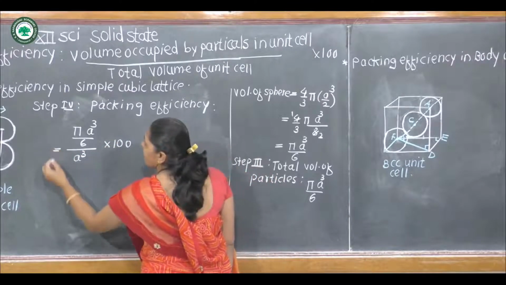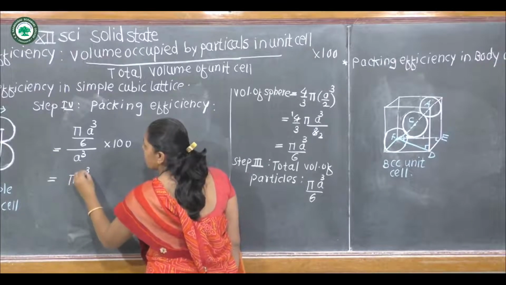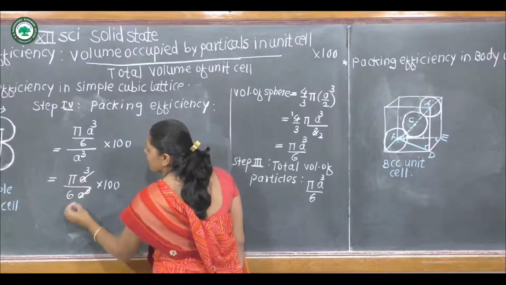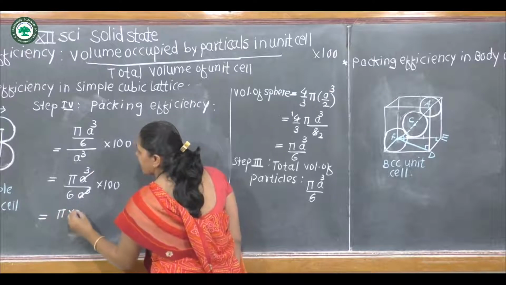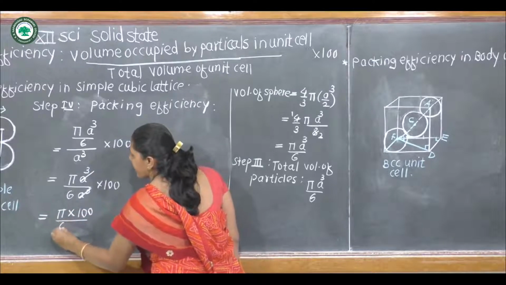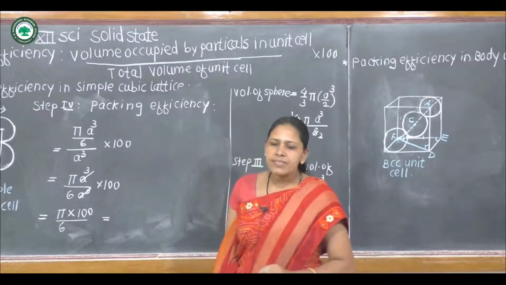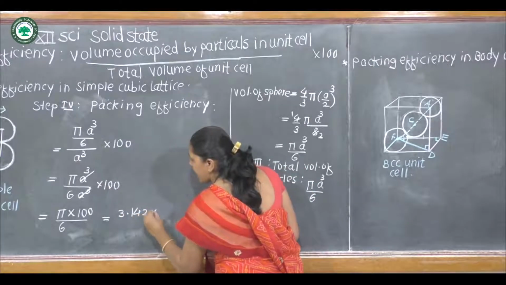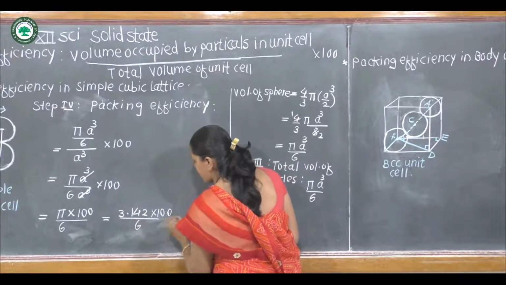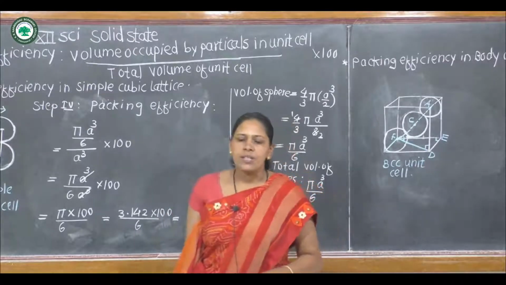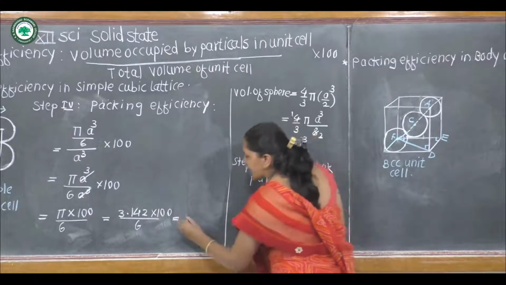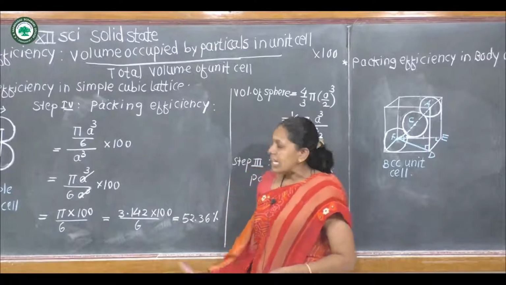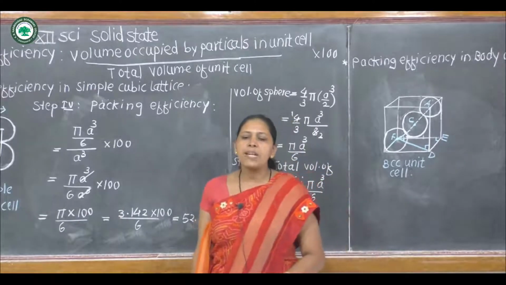Then by simplifying this, pi a cube divided by 6 a cube multiplied by 100, a cube gets cancelled, so pi multiplied by 100 divided by 6. What is the value of pi? Pi is equal to 3.142, into 100 divided by 6, and by solving this we get 52.36%. It indicates that in the simple cubic unit cell